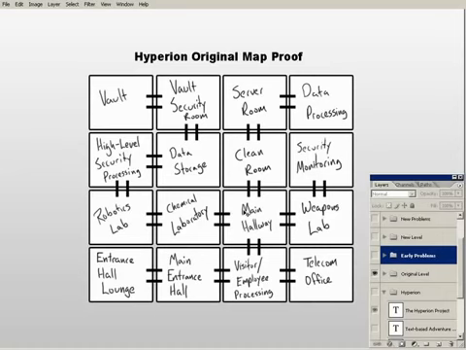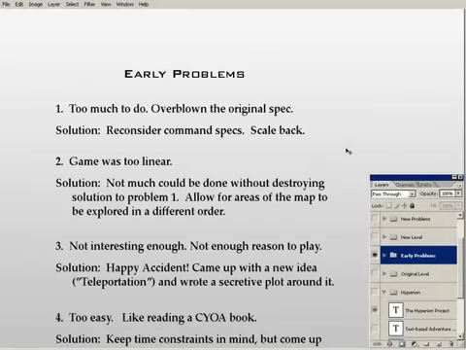But anyways, moving on. So I had just started to get the rooms actually written out, and I realized that there were going to be some major changes. It was right at that point that we had another meeting where we talked about the next iteration of the game before I even had the first playable version completed, and we'd already run into some very early problems. The first, and probably one of the key ones, was there was just too much to do. And by that, I don't mean that the rooms were too many or there was too much stuff in the rooms. I mean our command list was too long.